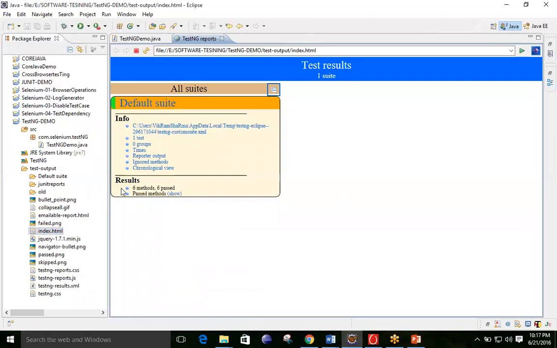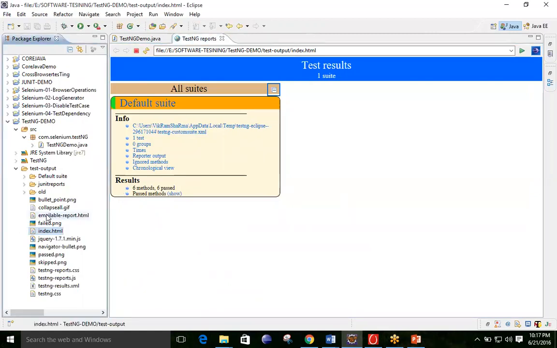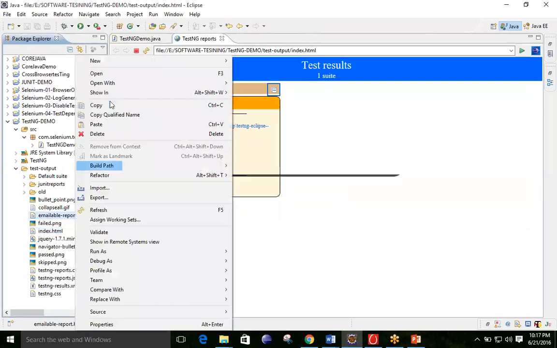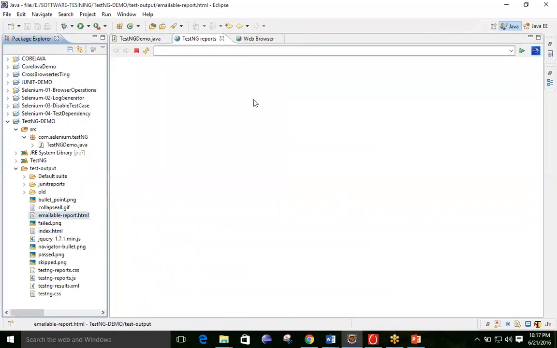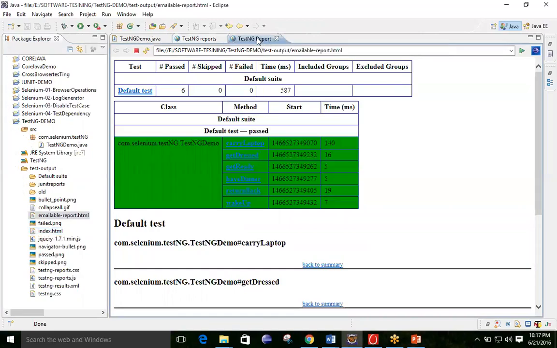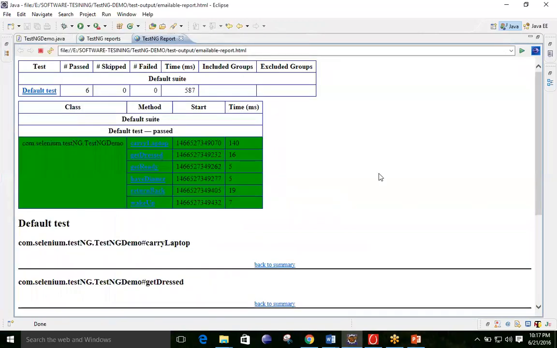Now I want my output in some different format also. For that purpose, we have one more option. You can see emailable-report.html. Click on this one, right click, open with web browser. See, this is a new form of the output. Was this output present in JUnit?